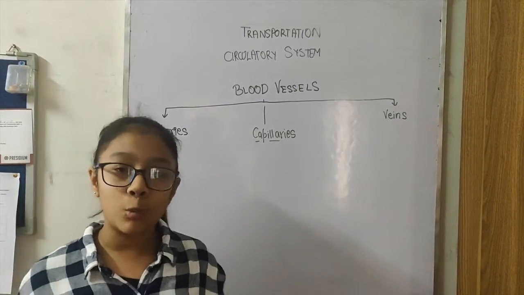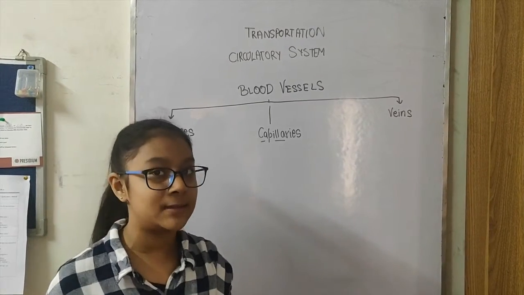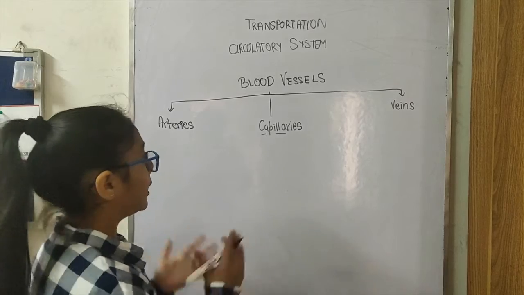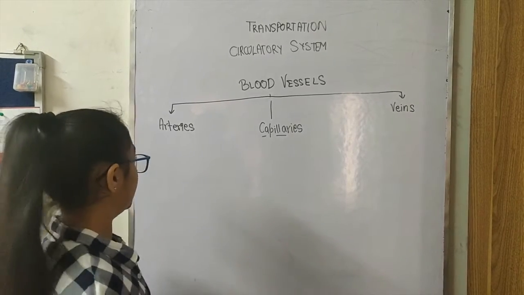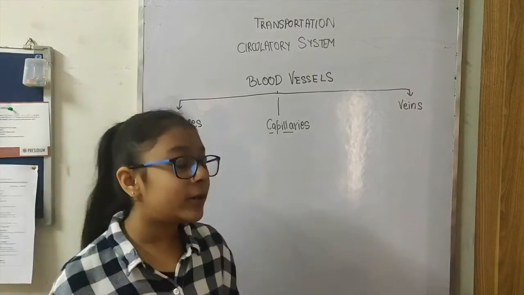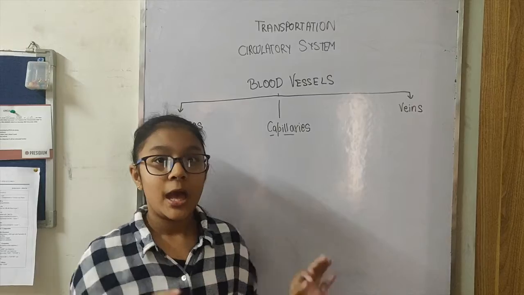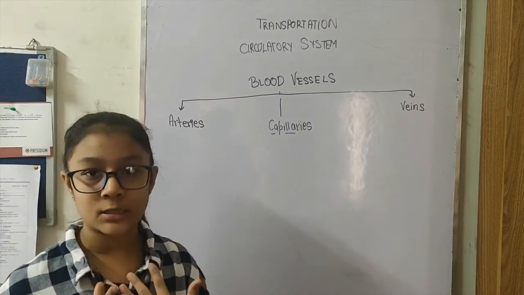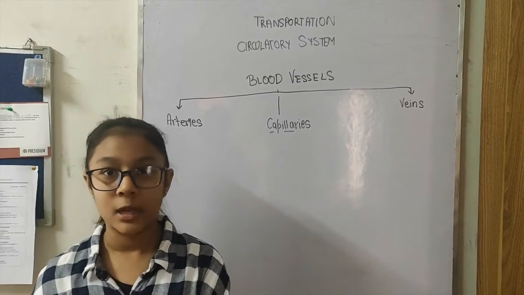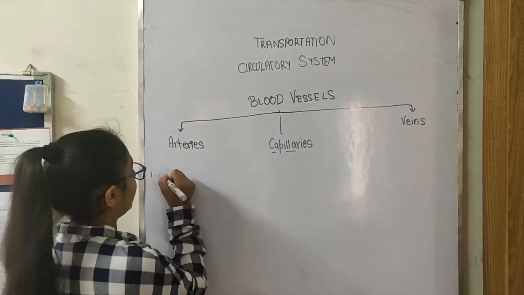These are something which always run together. If both of them are not present, there could be serious mishaps inside our circulatory system which would cause problems. So let's learn one by one, differentiating each other. First point in arteries is that it only carries oxygenated blood, which means oxygen-rich blood. You know that in our lungs, there's one part which carries oxygen and there's one which carries carbon dioxide. So it's necessary to have two blood vessels, out of which arteries carry